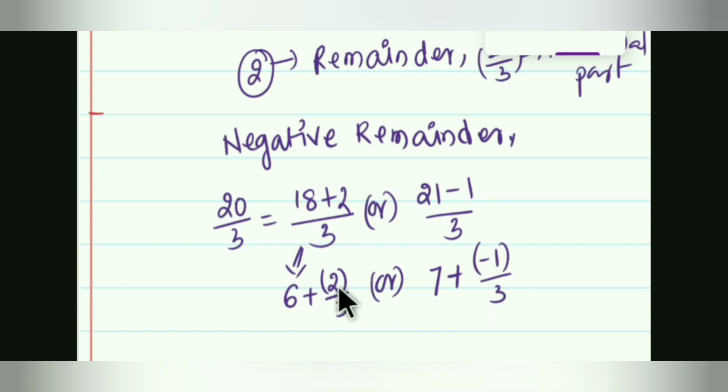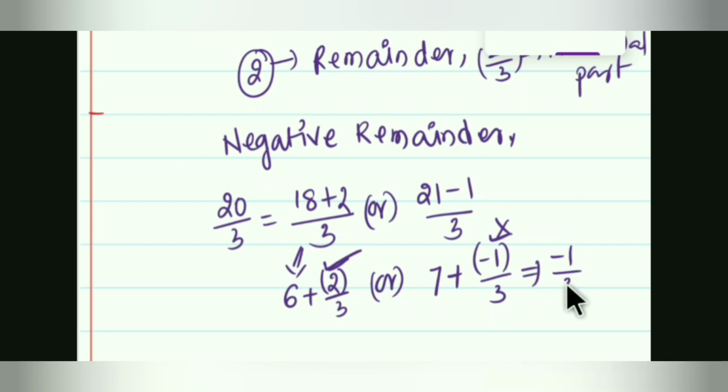Which is correct in this? 2 remainder is correct, minus 1 remainder is correct? When I say that, remainder should not be a negative number, it should always be positive. So plus 2 is only correct. This is not correct. But still we can make this negative remainder positive. There is another method we have. I am taking it separately.